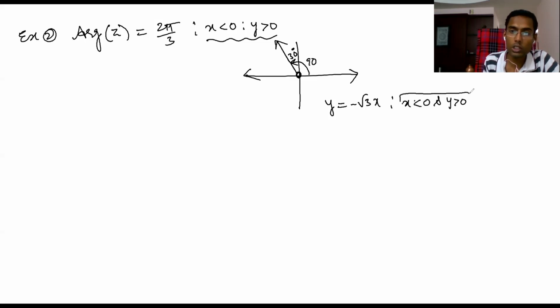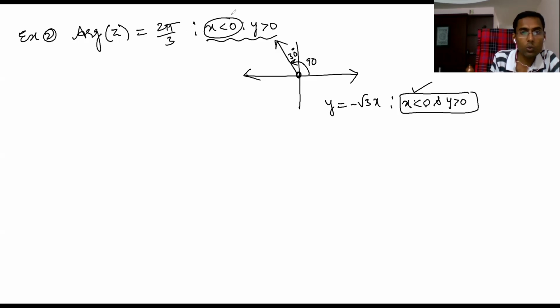This itself actually says it's in the second quadrant, not in the fourth quadrant. That means it is only saying this is the ray. If you put these two conditions, that's the ray. That you can understand like this also, because it is in the second quadrant. So pi minus pi by 3 is in the second quadrant, x is less than 0, y is greater than 0. Therefore, you can write here pi minus pi by 3. So therefore, what you can write is